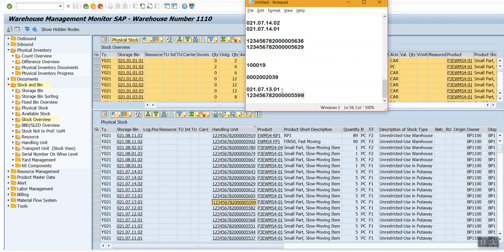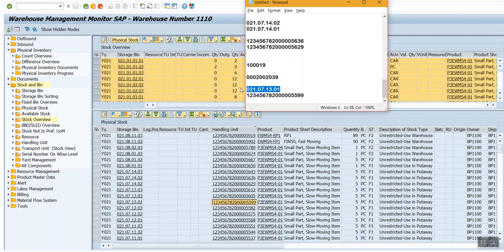So the scenario is clear: when we are doing the physical inventory in this bin, as per the system we have one handling unit, but physically there are two handling units. When we find an additional handling unit, how do we add that newly identified handling unit to the inventory document?